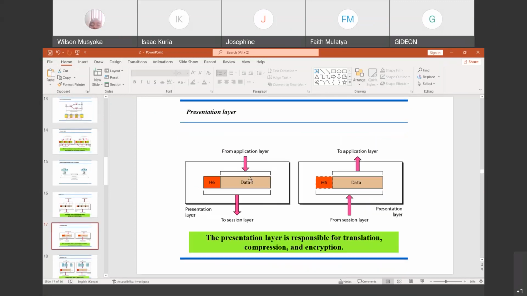At the presentation layer, that is where translation, compression, and encryption of data takes place. So when information is received from the application layer, after you have created your WhatsApp message, it will be brought to the presentation layer whereby it is translated. Remember, at the application layer and all these three layers, that is application, presentation, and session, they are taking place at your device, meaning that it is your computer processor or your smartphone processor which is responsible for these activities.